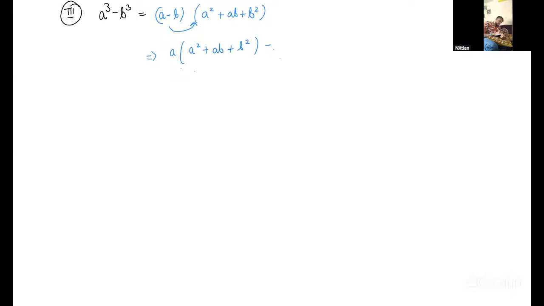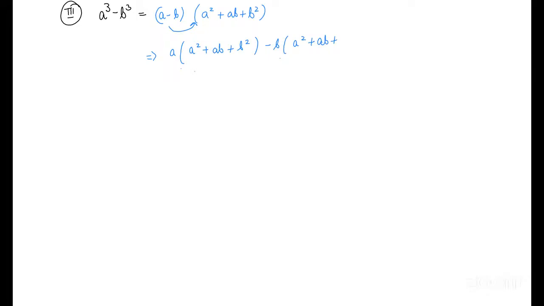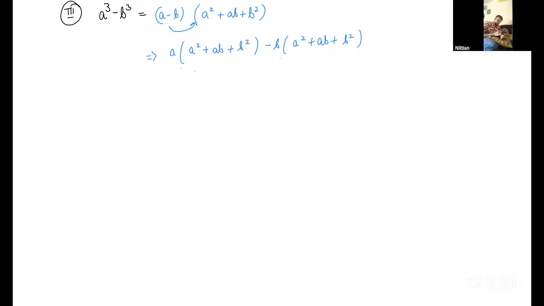Okay, okay. So did you understand what I'm doing in the class? Until I left, I understood, sir. So I started. Okay. So what I did, this a will multiply with the whole trinomial term. This minus b will also multiply with the whole trinomial term. So if I multiply it, this will multiply with the whole term, so it becomes a cube plus a square b plus b square a. The same way, this will also multiply with the whole trinomial term, so it becomes minus b square a plus